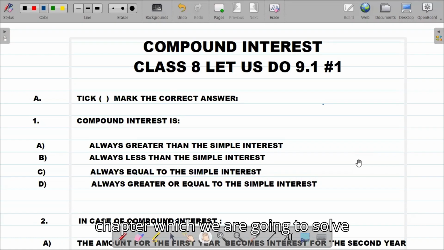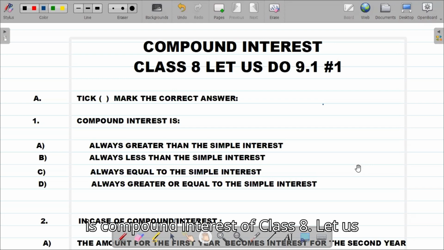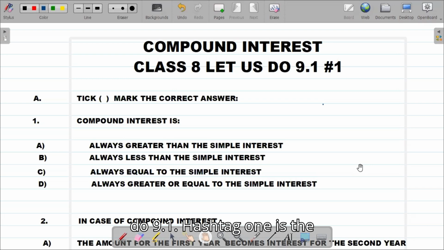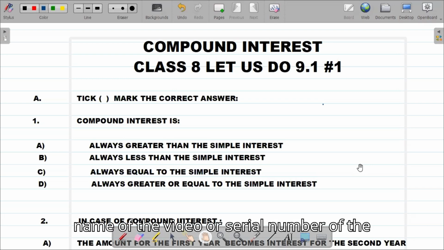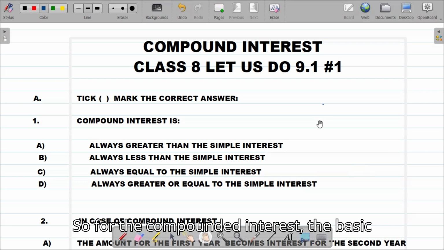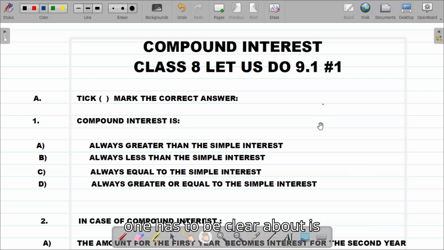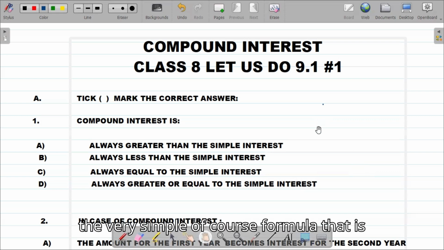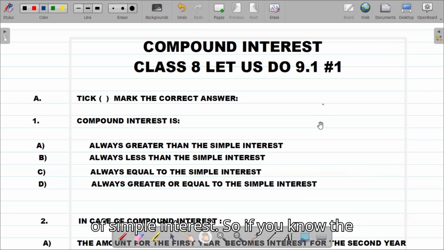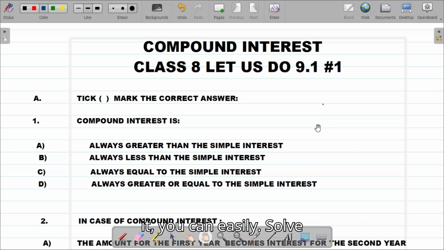So today's chapter, which we are going to solve, is compound interest of class 8. Let us do 9.1. Hashtag 1 is the serial number of the video. For compound interest, the basic thing to be clear about is how to derive it from the very simple formula of simple interest. If you know the simple interest formula and how to apply it, you can easily solve the questions related to compound interest. So compound interest is nothing, just